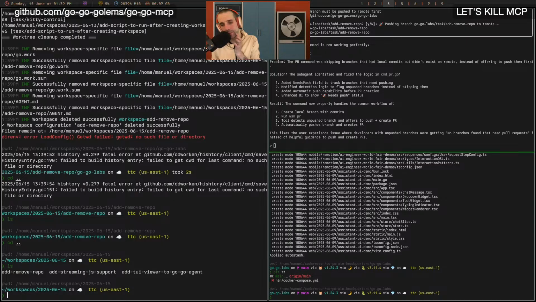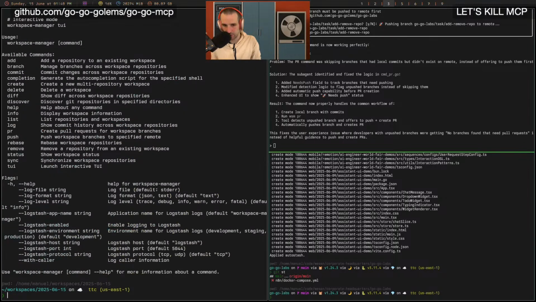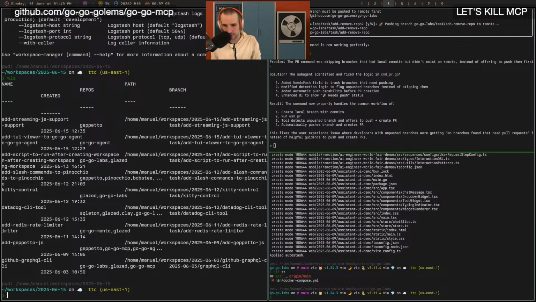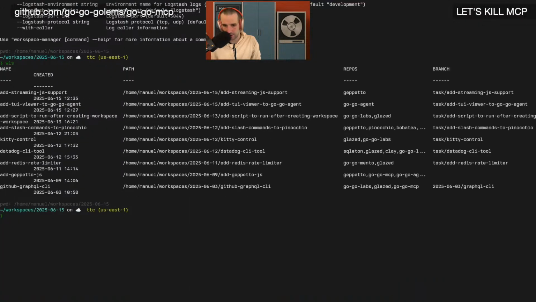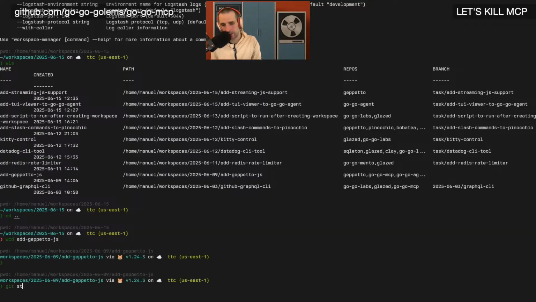So add remove repo works. We have, TUI viewer is not finished. And now we should be able to do remove repo from our Geppetto.js, which has an agent thing that's not yet fixed. So add Geppetto.js, and then we can do